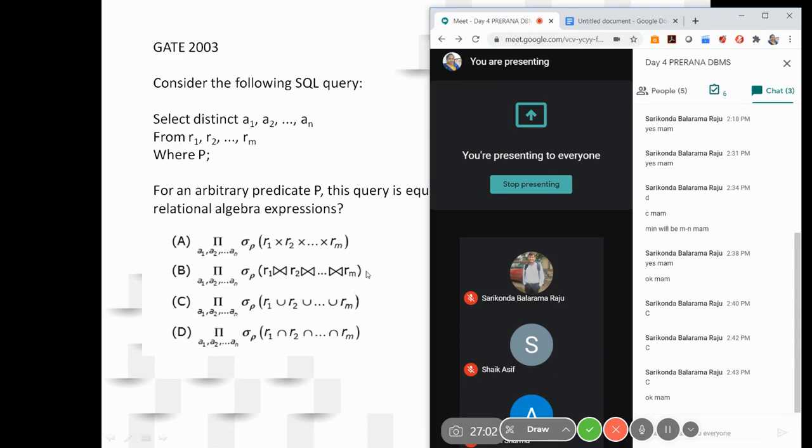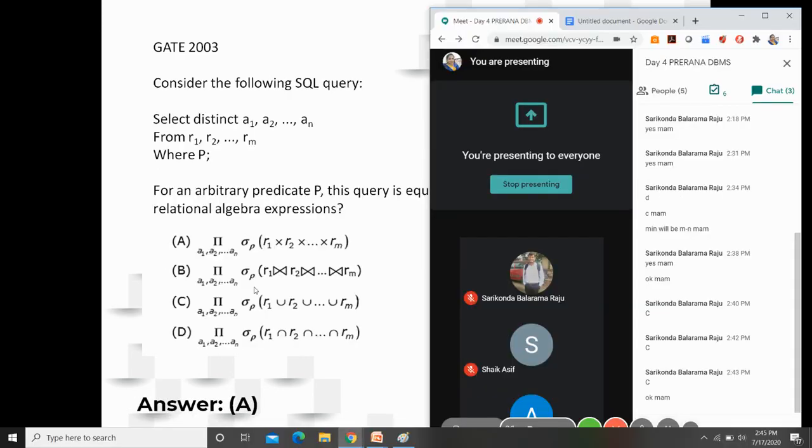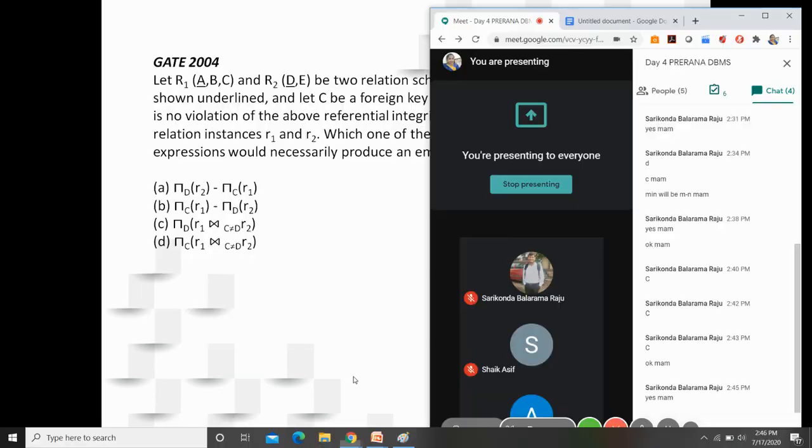If you are specifying option B, it means natural join. Natural join means that the common column conditions must be checked with equality. It is an equi-join. But here if you observe your SQL statement, in the predicate, the common column condition is not yet specified. So it could be just a Cartesian product of the tables R1 till Rm without any condition. So that is the reason why C, D and B are eliminated. So the answer is A. Is that clear? May I get a confirmation? Yes. So let's proceed. Next question.